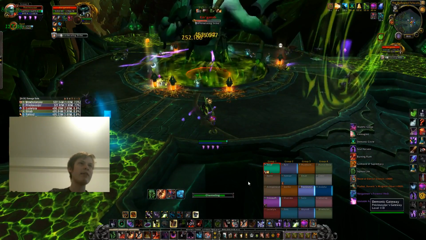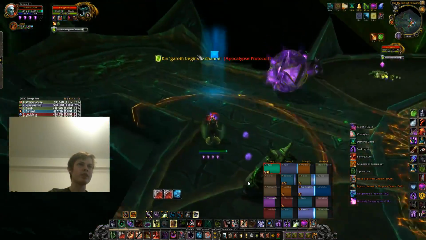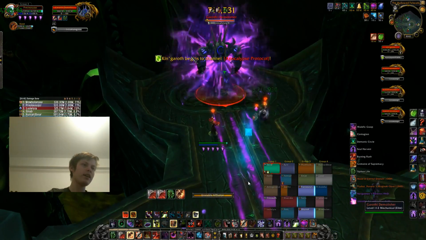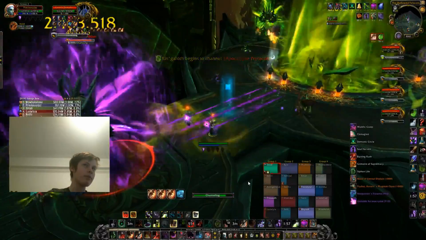So you see here, I have 11 stacks of Reap Soul saved up. I press it here because the ads are about to spawn. I refresh my Agony on the boss. I do Agony, Corruption, Siphon Life. I cast 1 UA, 2 UAs, Soul Harvest, continue casting UAs until I've cast 5 of them, and then I